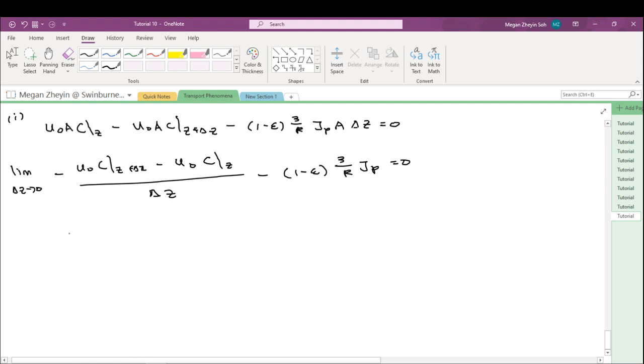After you take the limit, we get negative d(U_0 C)/dZ, minus